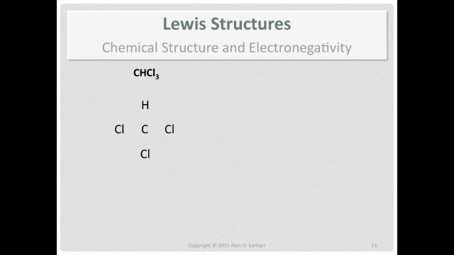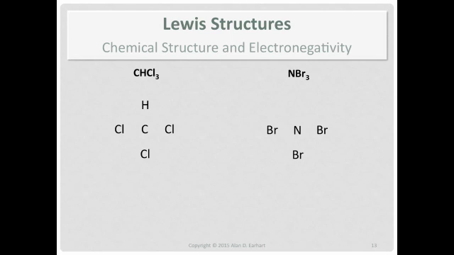So based on what we see there, we can then give an approximation and say, if you have a choice, and first remember, hydrogen is not your central atom, but if you have a choice, typically the least electronegative goes in the center. If something has a lower value for electronegativity, that means it has a greater ability to share electrons than those with a high value of electronegativity. So you would want a greater sharing potential in the center than on the outside. And this doesn't work all the time.